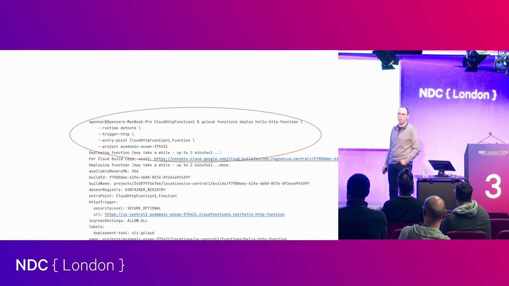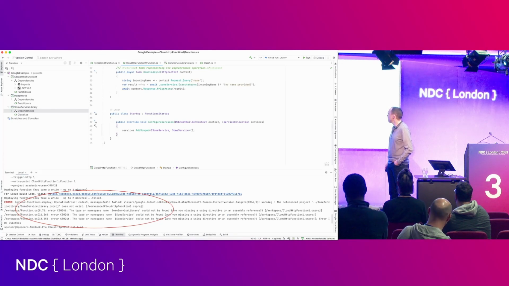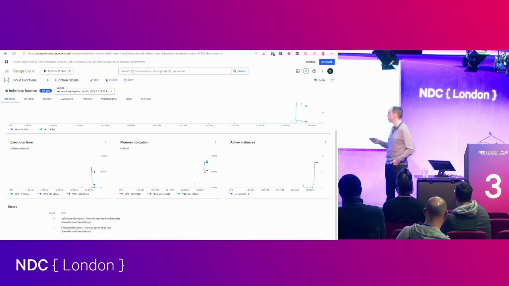Not much to it. Define my project, define what it is, HTTP function, and push go. And then I did originally try to put my sum service in a separate library, but the docs say you've got to push it up as a NuGet package, because it's actually using Cloud Build, I think is what it's called, under the hood to actually build it, and it really doesn't want you to have that in a different project. And I was like, fine, whatever, I'll just stick it in the same project. Most of the time, that's what I do anyways, or I consume a NuGet package, so I was fine with that.